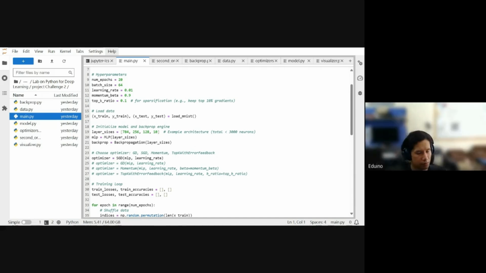Well, what you could do is try different types of optimizers